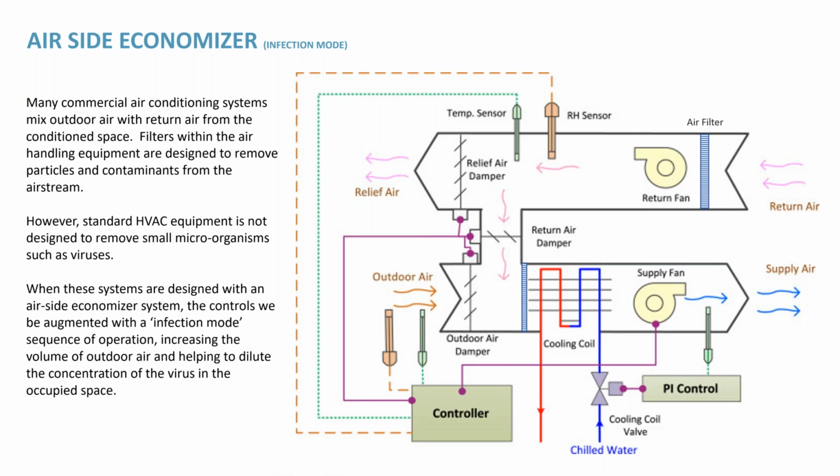And also, to Roger's point about the energy usage, we are definitely recommending to do things that will have a negative impact on overall energy performance, but a very, very positive impact on indoor air quality. The idea is, to the greatest extent possible, to provide as much outside air into the building as possible. So as long as the cooling coil can keep up, essentially the recommendation is that you have that outside air damper 100% open, and that you're relieving 100% of the air from the space out of the building without